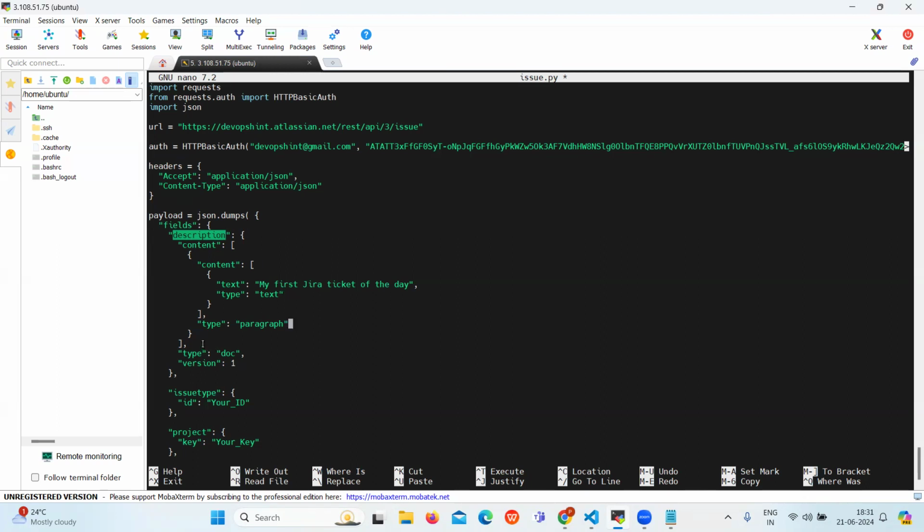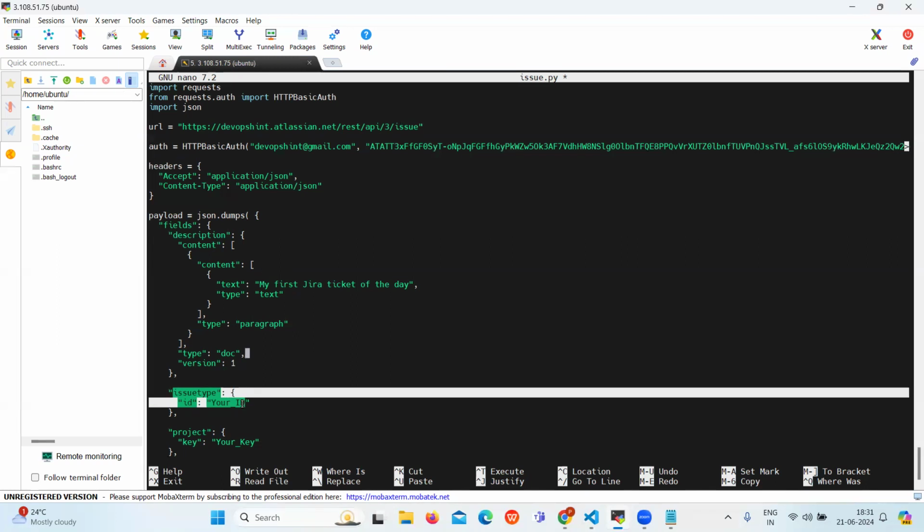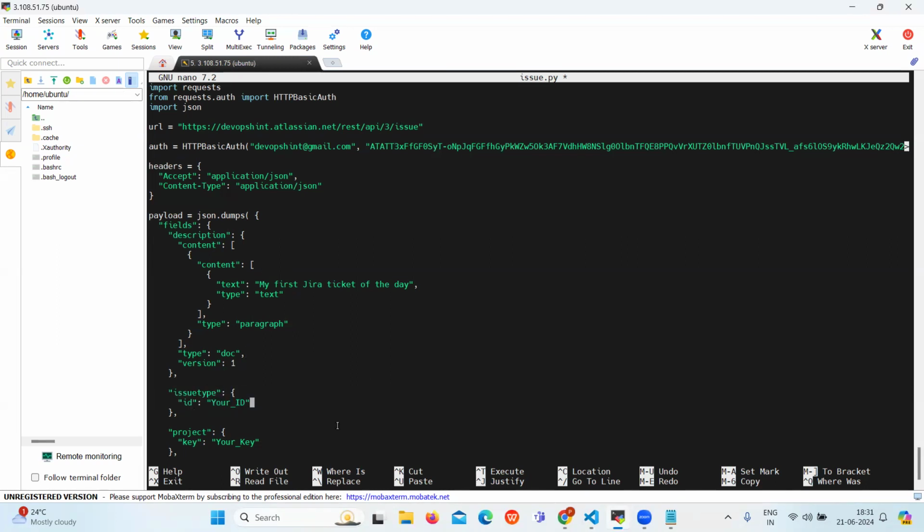Then issue type right here. So in the issue type, you need to give the issue ID which you want to create. So to find the issue ID,